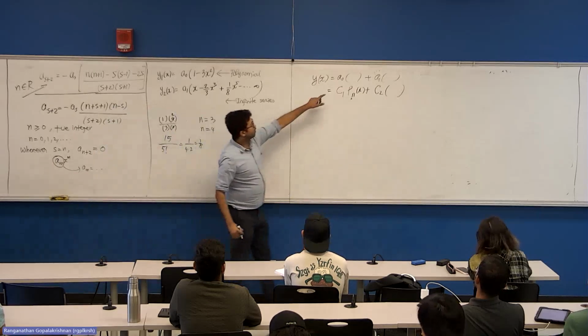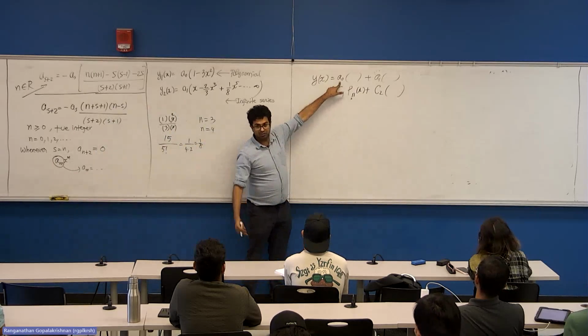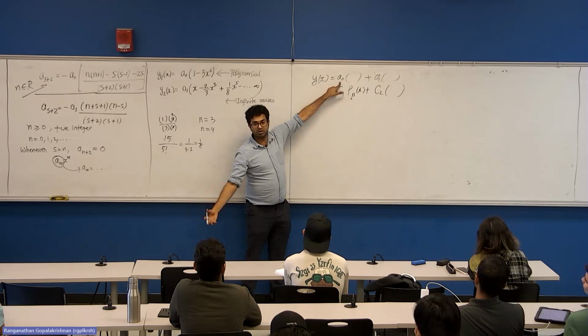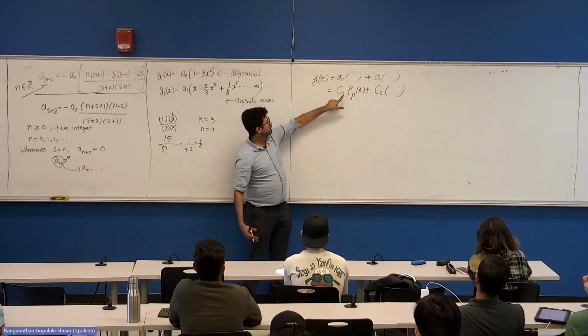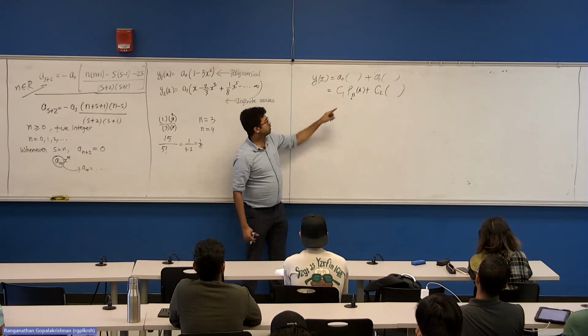So that we are going to choose a specific value for A0, which you can later adjust, because when you apply the boundary condition, it is going to dictate what C1 is. So think of C1